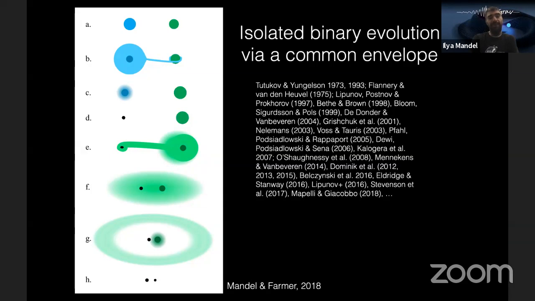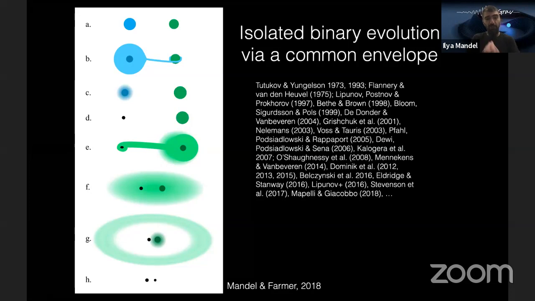So what that means is that as the secondary star gets larger and fills its Roche lobe and starts to transfer mass, the radius of its Roche lobe actually shrinks faster than the radius of the star is able to shrink. So the more the star overflows the Roche lobe, the more it wants to overflow the Roche lobe even further. And this is a runaway process until at some point there is a big envelope of gas around the entire